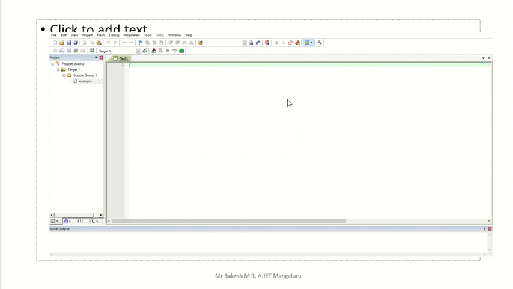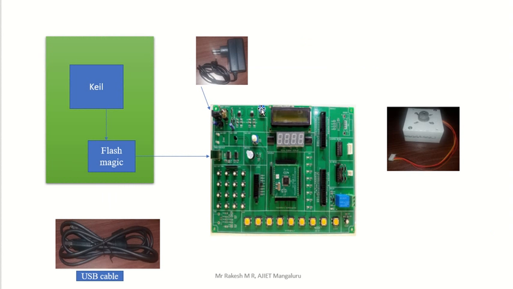Let us start the experiment here. Before starting, I will tell you: switch on your computer, double click on your Keil software, then connect the USB port from the computer to the USB port of the LPC2148, connect your power adapter here, and connect your stepper motor here. This is your stepper motor socket, just connect it to this point. Once this setup is over, we will start our experiment.